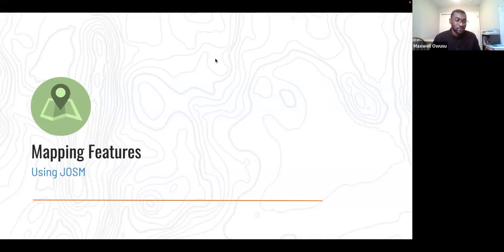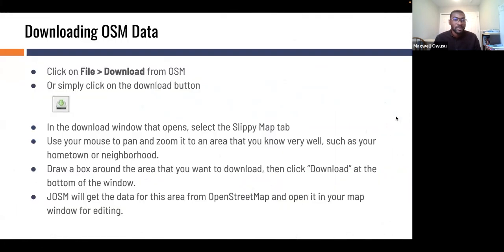Yeah, so we're going to talk about mapping features and how we can do that in JOSM. Next slide. So the first thing we will have to do is downloading our OSM data into JOSM to be able to use it. And there are several ways of doing that. One of the ways is just going to File and Download, and then you can simply hit this icon as well, and then